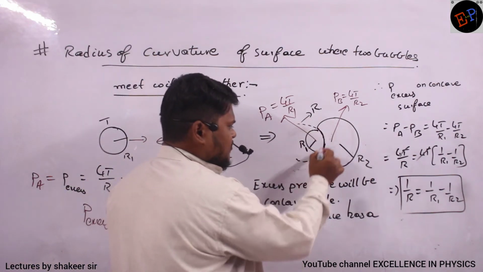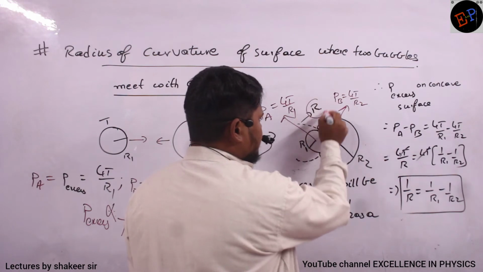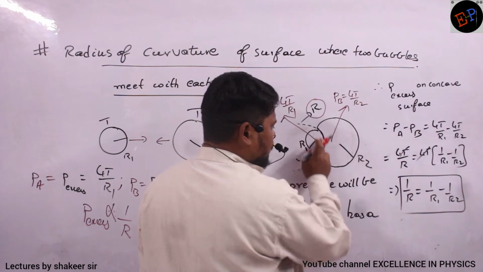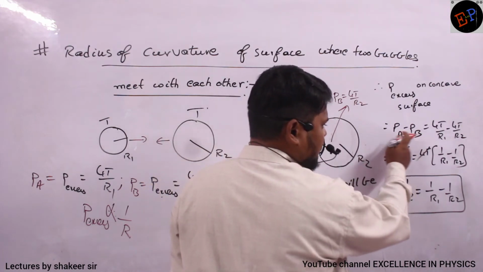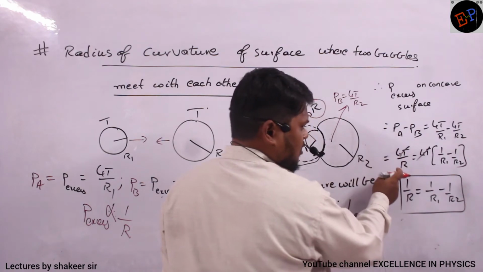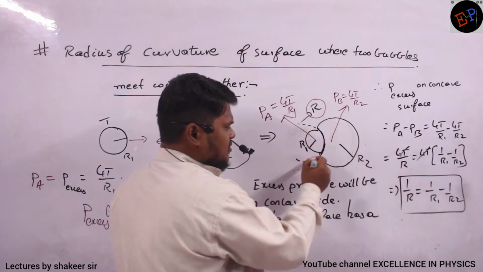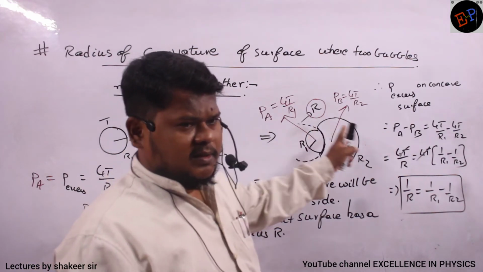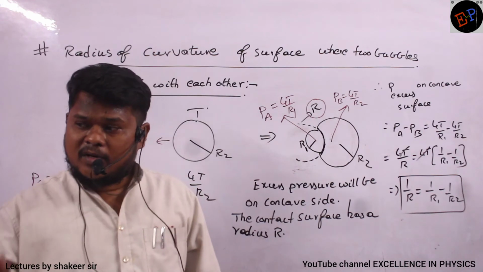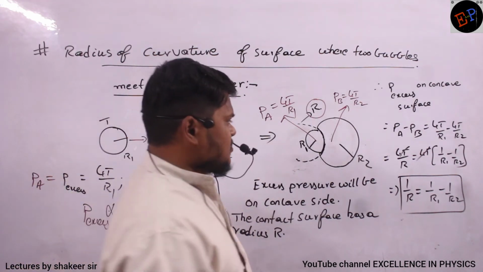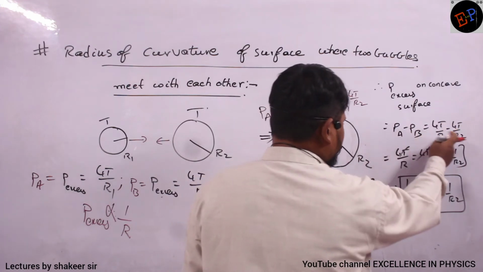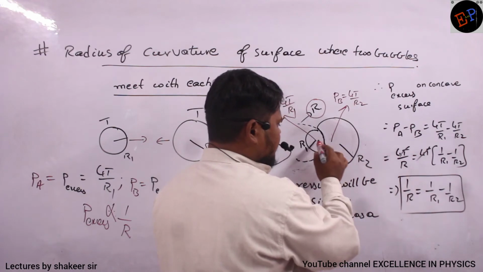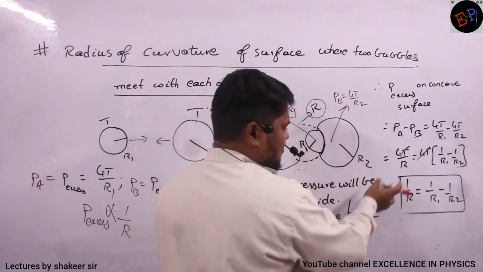So the new radius of the contact surface created, I will call it small r. And on this side, what is the new excess pressure? That is PA minus PB only, no? Which again is equal to 4T by r. And what is this r? This r is the radius of the contact surface. Clear? The radius of the smaller bubble is different, the radius of the bigger bubble is different, the radius of the contact surface is different. So the excess pressure PA minus PB is 4T by R1 minus 4T by R2. The excess pressure formula is 4T by r only, because again this surface has two surfaces, no? Outer surface, inner surface. So 4T by r.